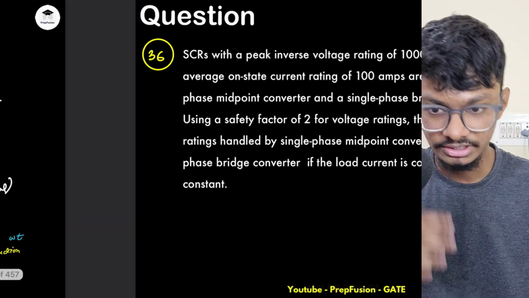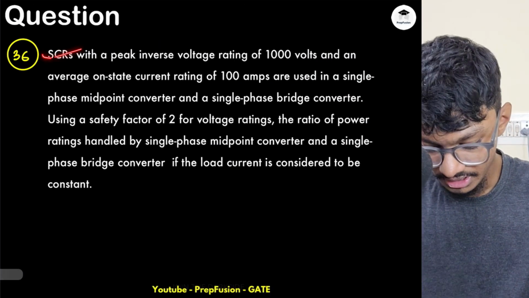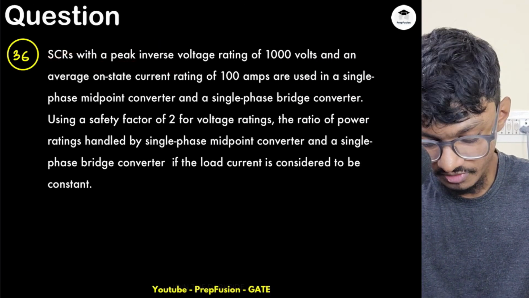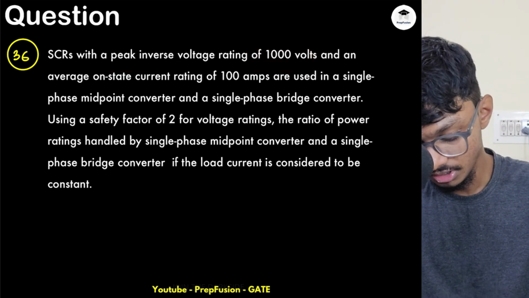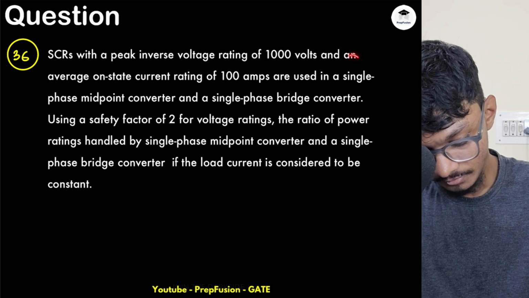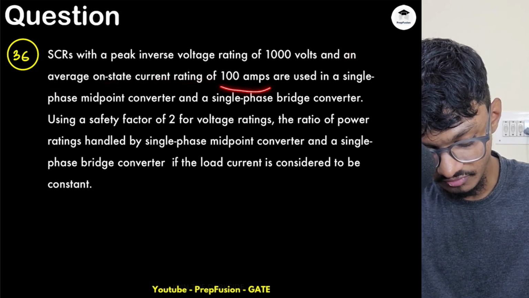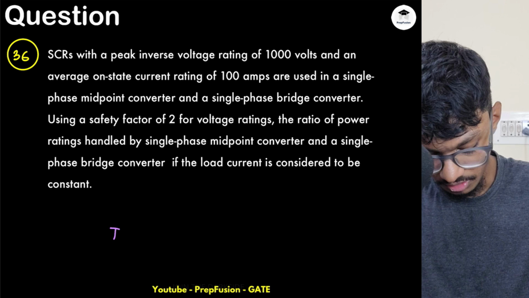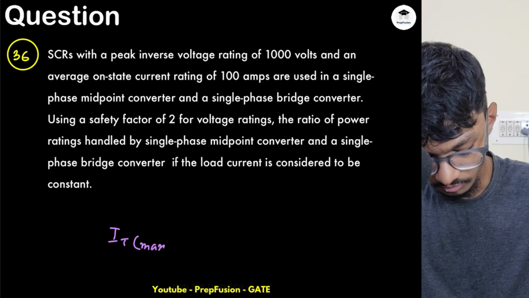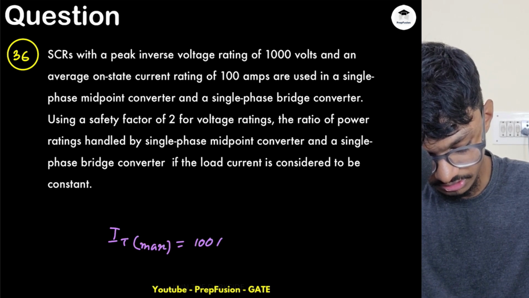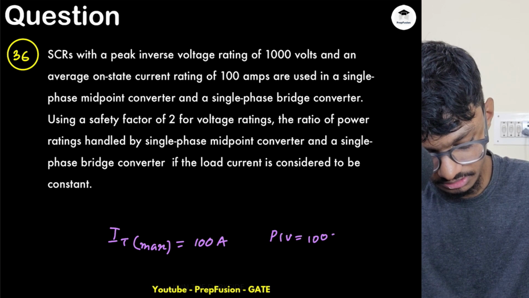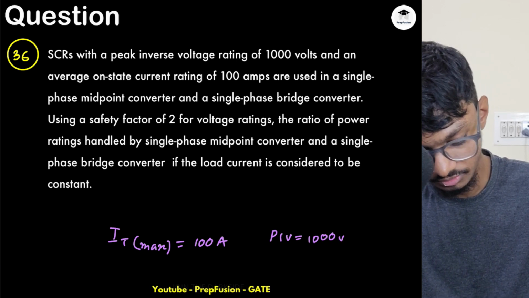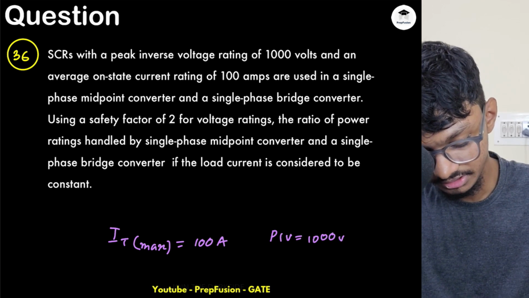Okay, so let's move on to the next question. In the next question, we have an SCR with a peak inverse voltage rating of 1000 volts and an average on-state current rating of 100 amps. So the on-state IT maximum is 100 amps, and PIV is 1000 volts. Then they're telling that